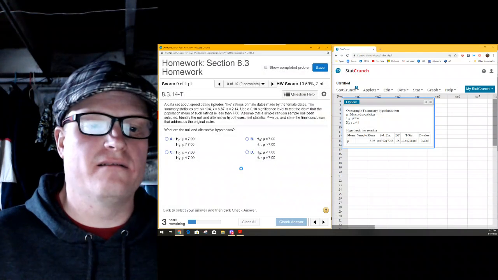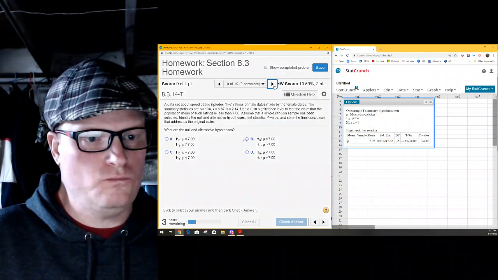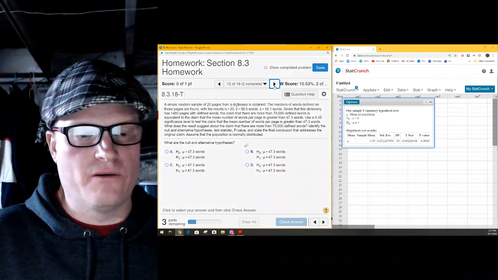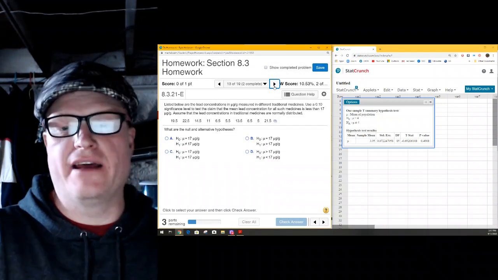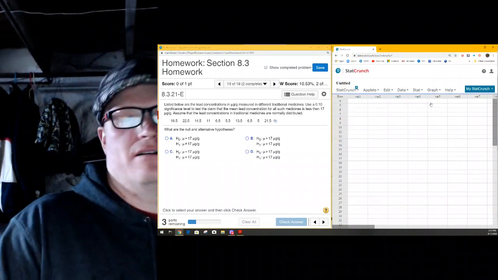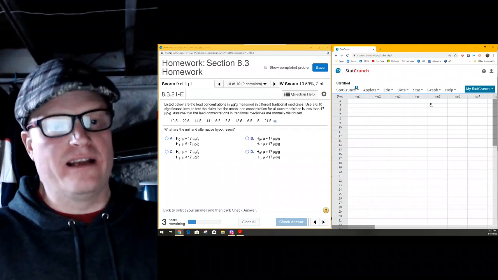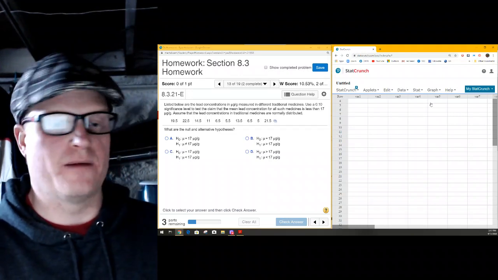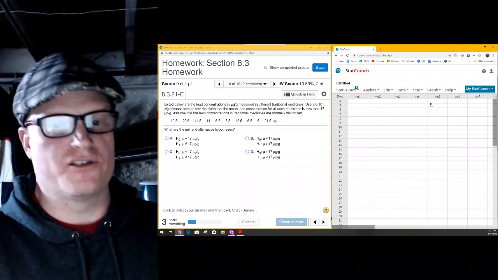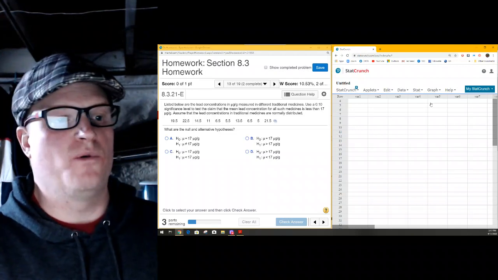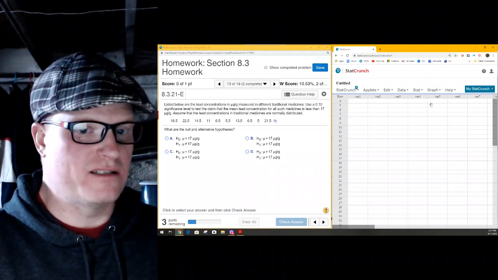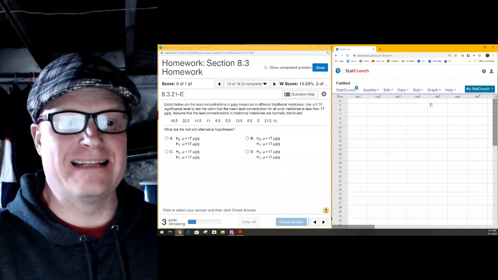Let's look at a new example here. Something that we'll do with the mean test is that we'll have a list of data that we'll actually use to do our test. And here we have lead concentrations in micrograms per gram per gallon measured in different traditional medicines. We're going to use a 0.1 significance level to test a claim that the mean lead concentration for all such medicines is less than 17